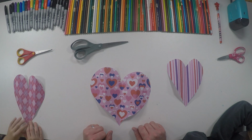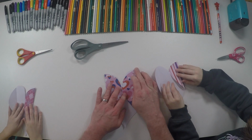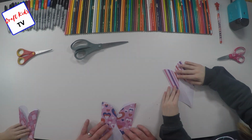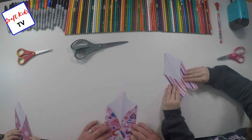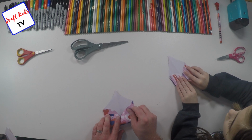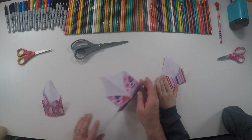Now you turn it over and fold these two in. Fold them in. And then you turn it upside down like this, and you fold these up, up till it kind of meets it. Like that. Kind of meets it, yep. So, we have our